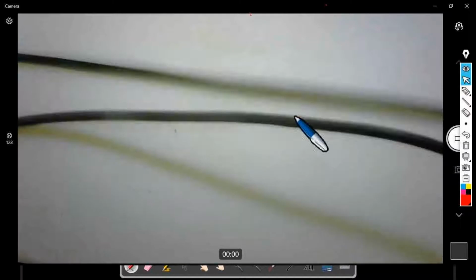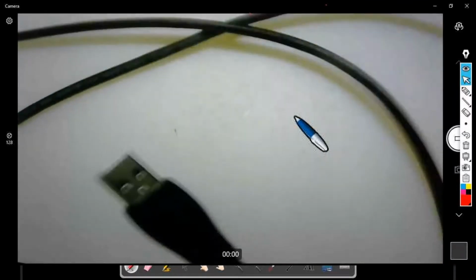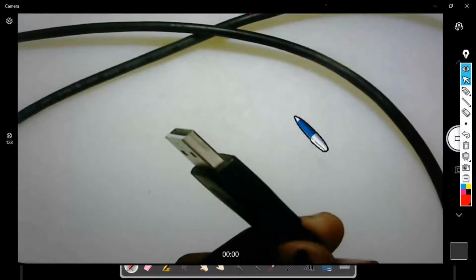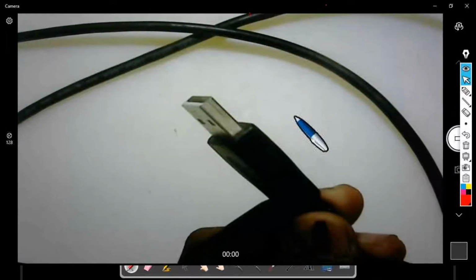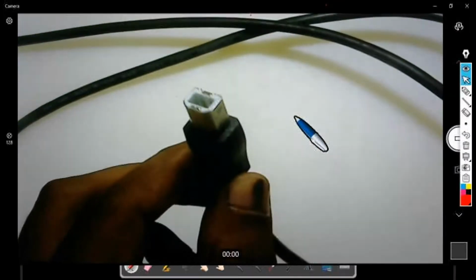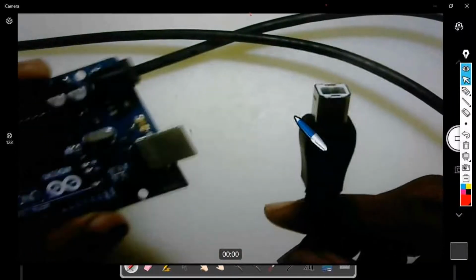So this is the serial cable that we have, and you can see that this end is USB type A, which goes to one of the USB ports of the PC, and the other end is USB type B. This is the Arduino Uno board.